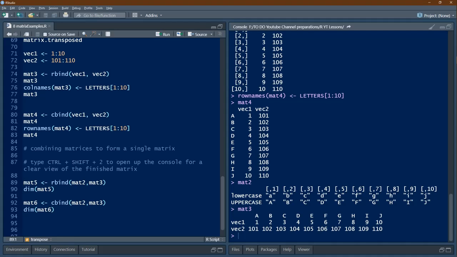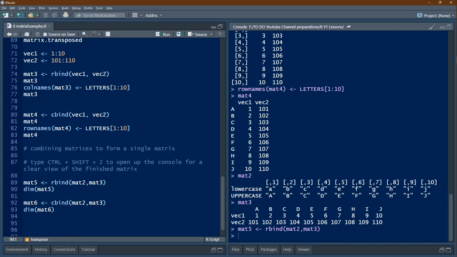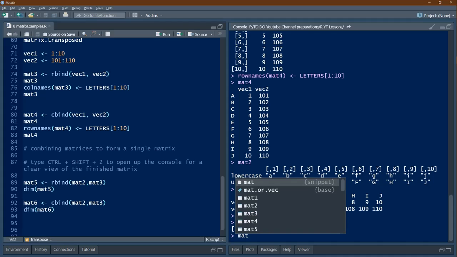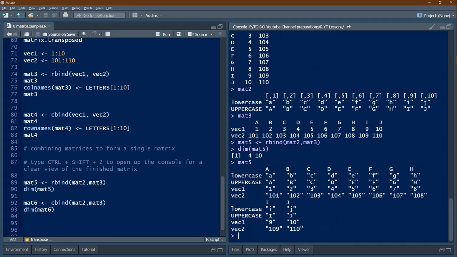So mat5 will be created, and let us ask what is the dimension of mat5. Dimension of mat5 is 4 rows and 10 columns. Okay. Now let's see what is mat5. You can see here itself, mat5. So we have got A, B, C, D, up to H and then I and J. So all 4 rows are available here and 10 columns are available.